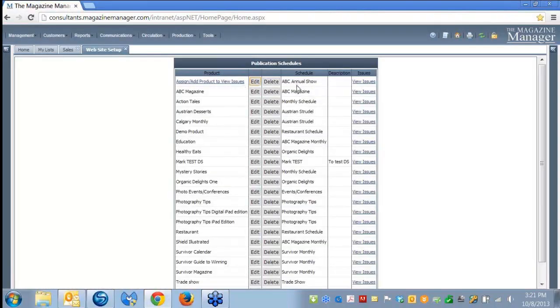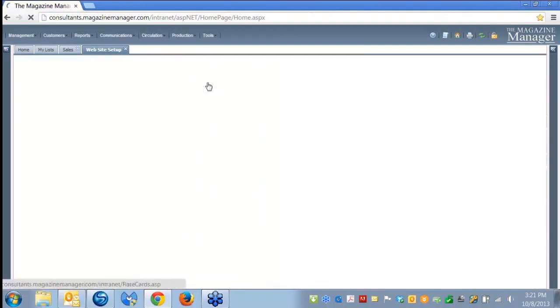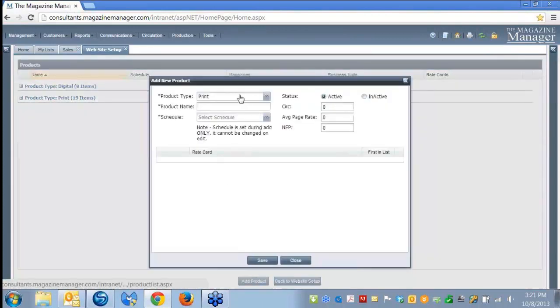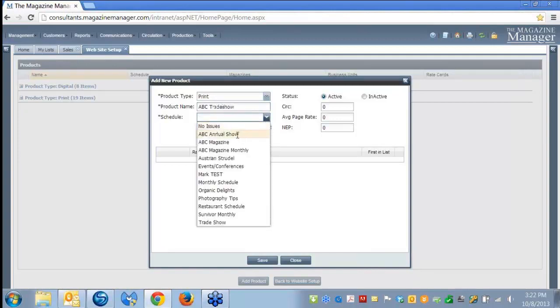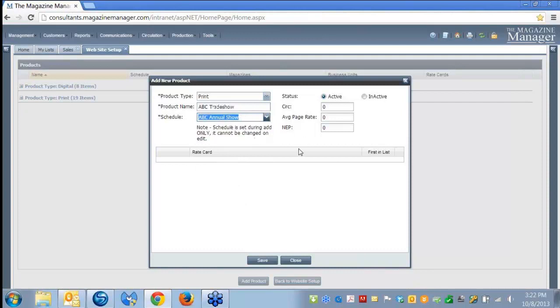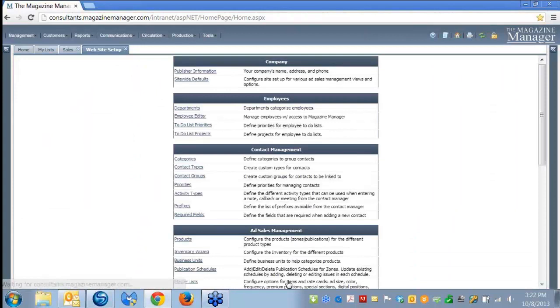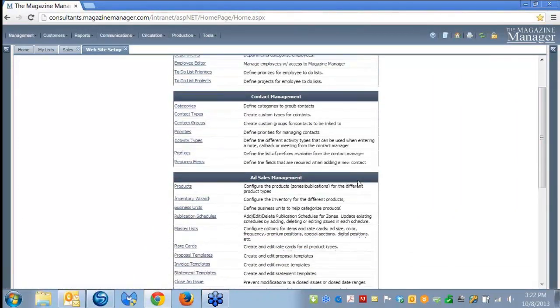Now I have to link my product. Click on the hyperlink. Add product. We're going to make it a print product. We're going to call this our ABC trade show. Okay. Now we're going to link it to our show schedule that we have here. Again, very similar. And save it. Back to our website setup, and we're going to go and create the rate card pricing for